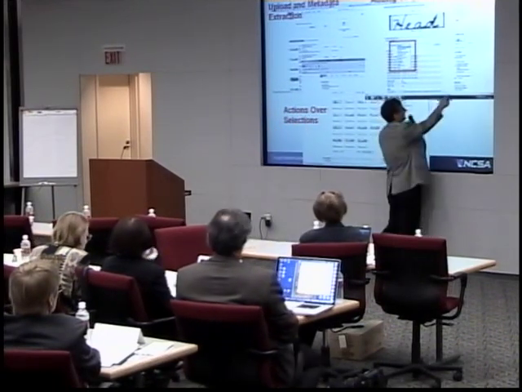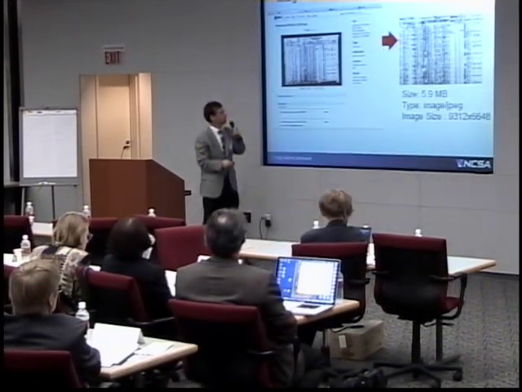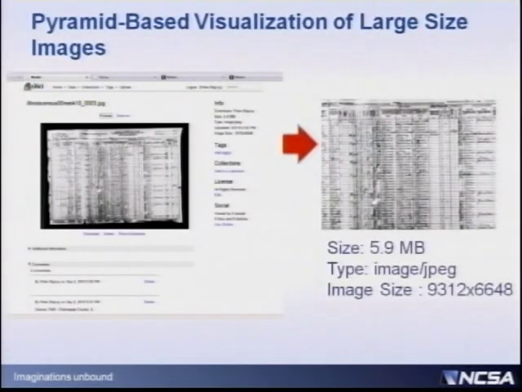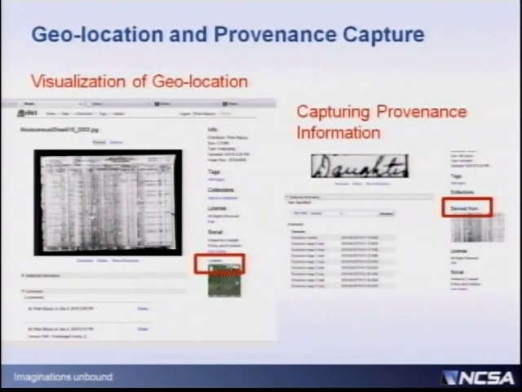And then there's also some social networking kind of option that you can like the image. You don't have to like the image. But what was really useful when we use historical maps, about 6 megabytes and very large pixel size. Here again, I could show the zoom in and zoom out capability. What was already brought up before, that if you could assign latitude, longitude based on the fact that this is Champaign County, if I would know that that's a Champaign County, I can immediately plot it on a Google map.